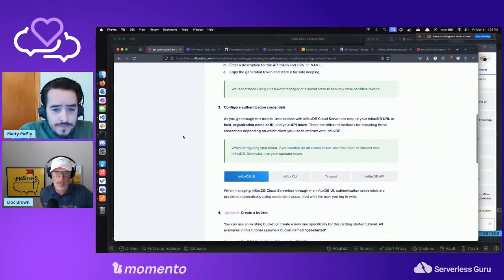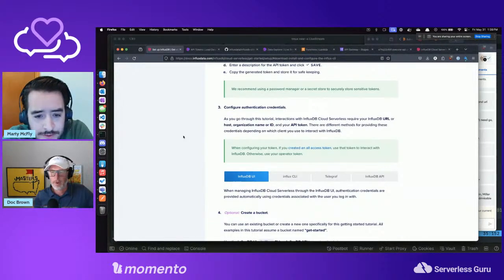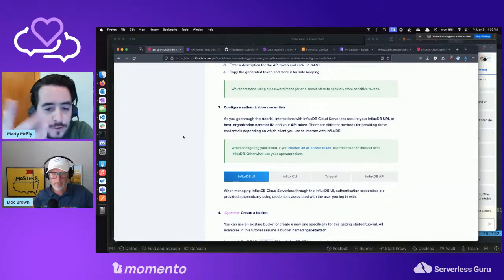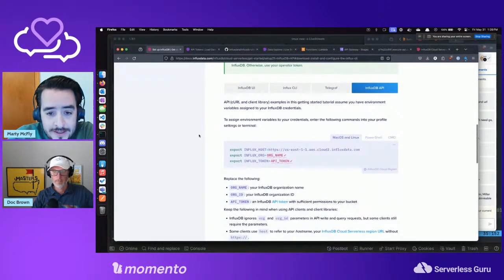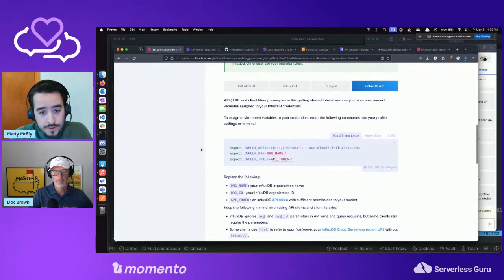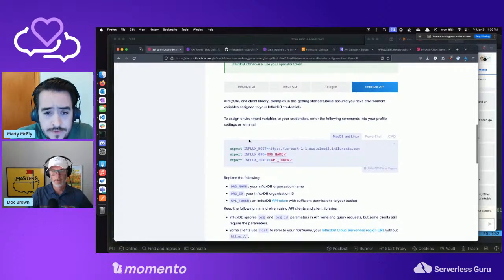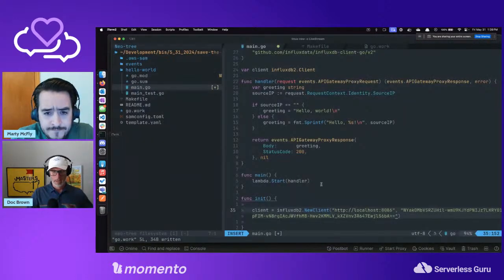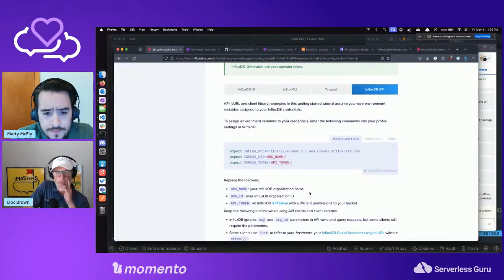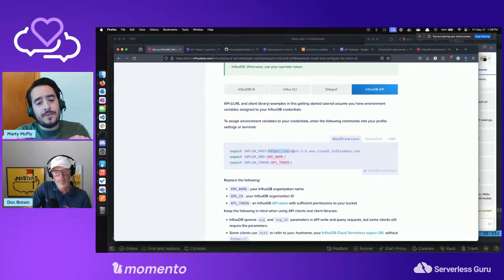Okay. Configuring authentication. I'm assuming you have... well, of course, I'm not reading. I'm jumping into what's highlighted. But there's Influx CLI. There we go. That's your host, org name. You had the live stream org, and then your token. That's for the CLI. I don't want the CLI. Oh, that's for the API. Well, it's the API, yeah. But I need an endpoint. That's my endpoint. That client you were starting was for the V2 or the non-serverless.